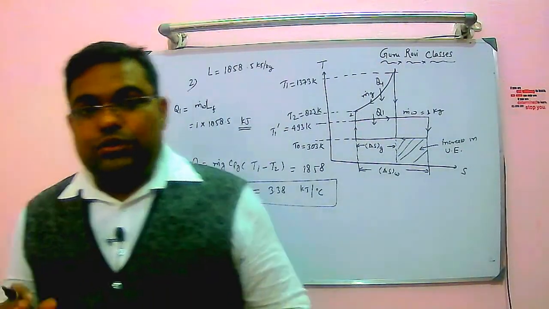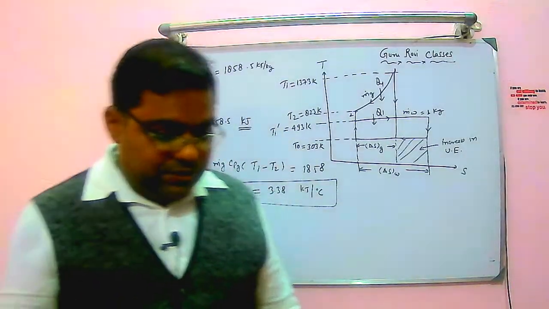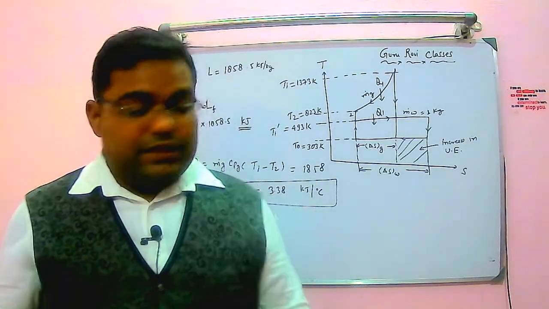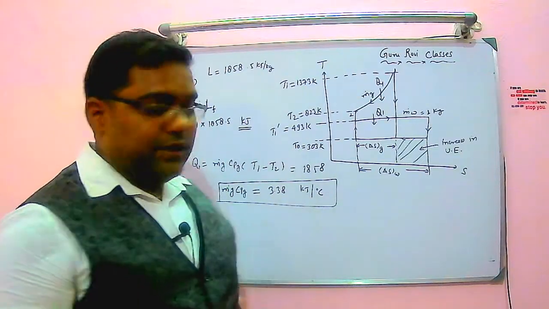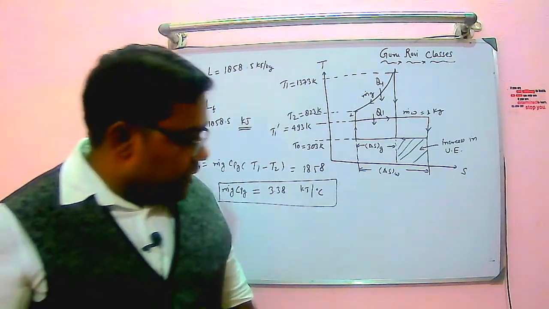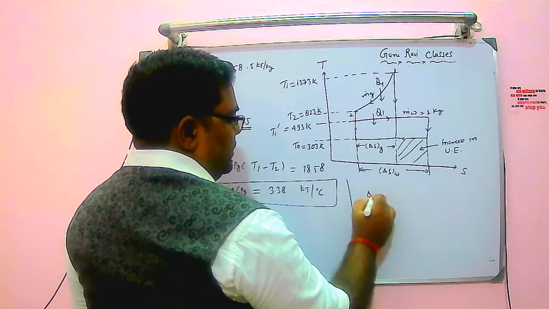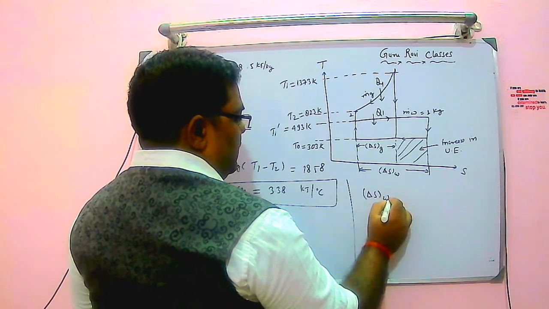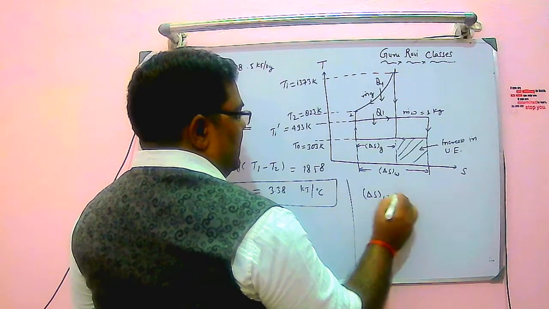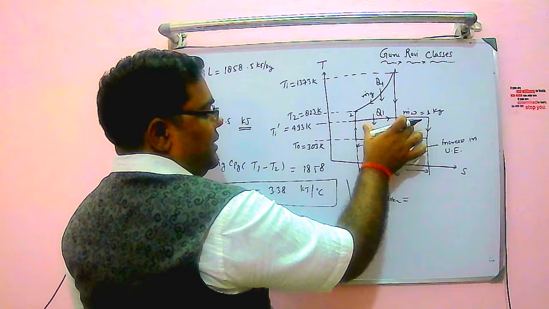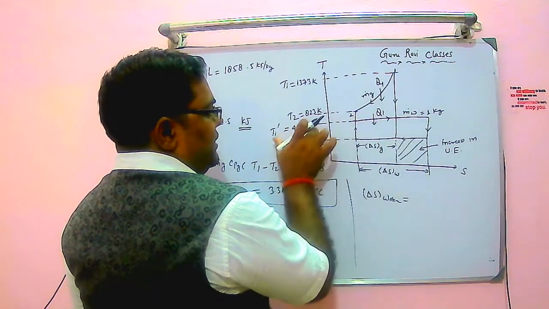Now it's asking for the total entropy change. So the entropy change of water and the entropy change of gas need to be calculated, and nothing is going to the atmosphere. So the entropy change of water we can calculate first. Water is just evaporating, and nothing is happening after that. So water is evaporating at constant temperature.